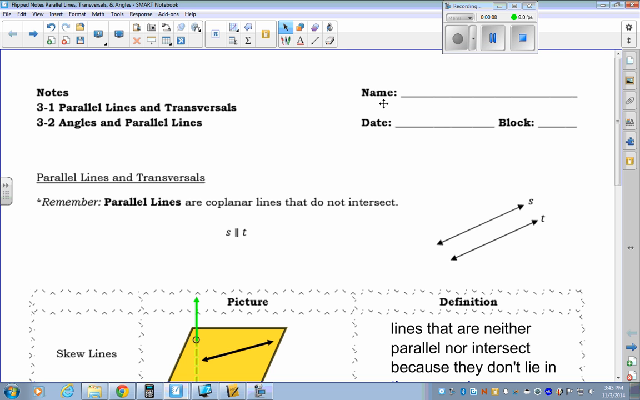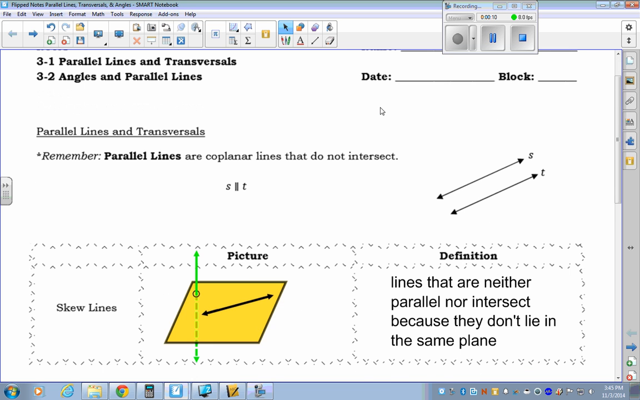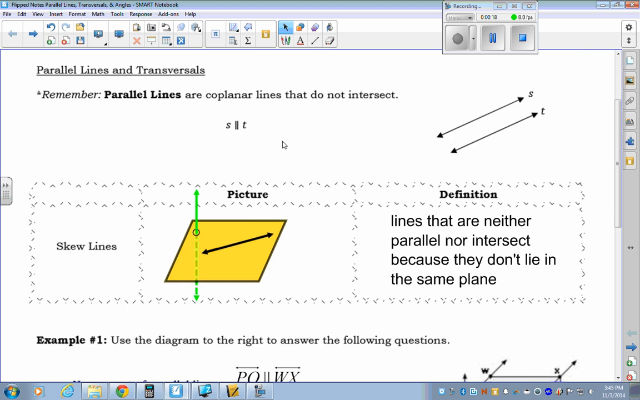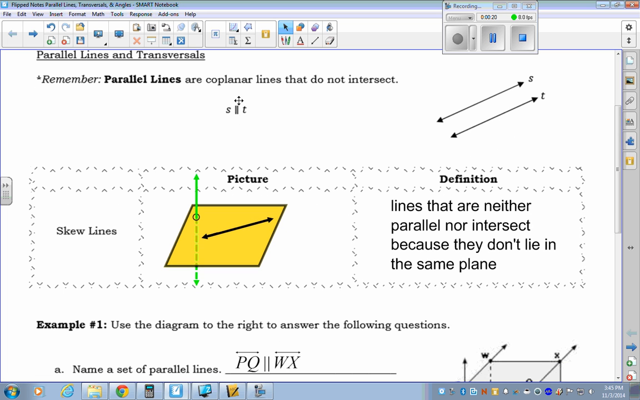Information. So hopefully we can get through these notes quickly. We learned last time what parallel lines are. Parallel lines are just coplanar lines that don't intersect because they have the same slope. The symbol for parallel is just two upright lines right next to each other. So we can say that line S is parallel to line T without writing it out in words